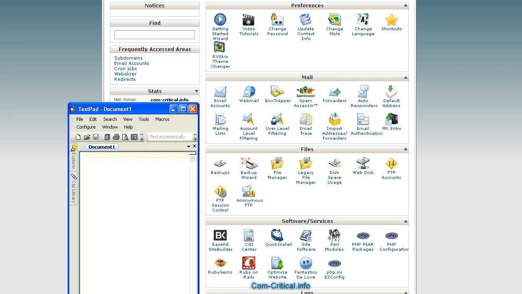But what you would probably use is your email accounts. Often when I set up a website, this is one of my first spots that I go to. Basically what I normally do is set up a couple of emails. I'll set up an admin email that is for my site and everything can go to it. If you're doing some local marketing, or you're selling or renting sites, you can set up a forwarder here,